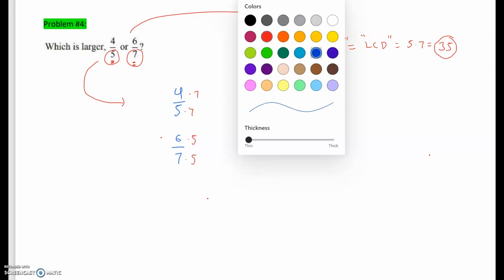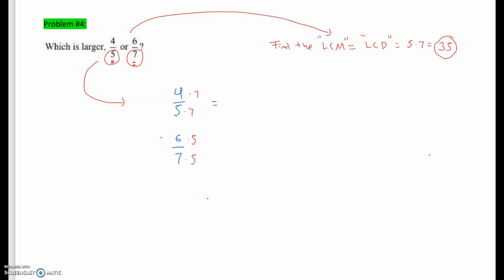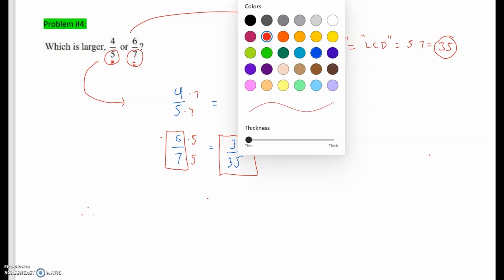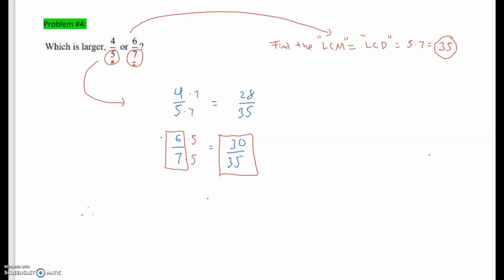As we multiply these fractions, we're looking at 28 over 35, and then 30 over 35. So you can now see that 30 over 35, which came from the 6/7, is larger. And let me just write it out. So 6/7